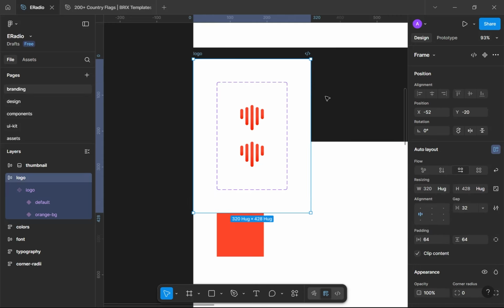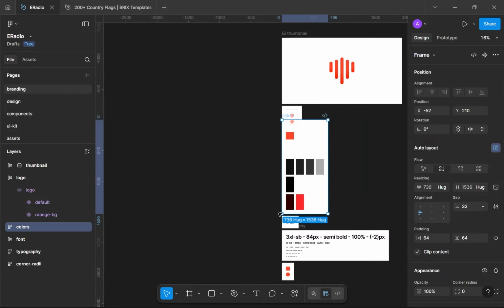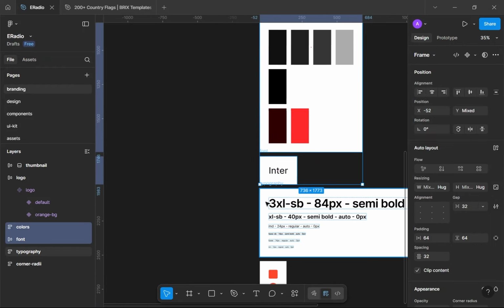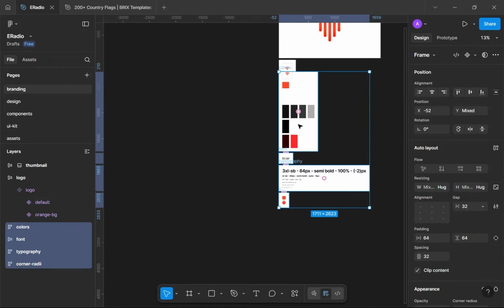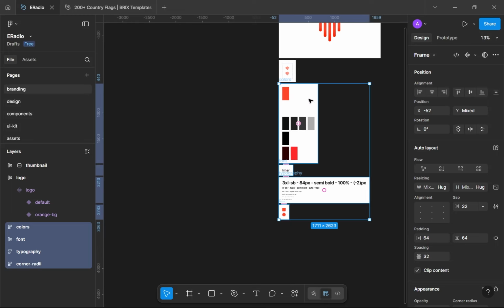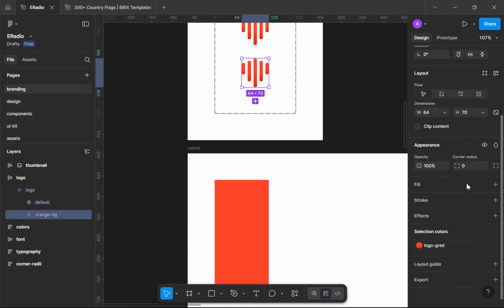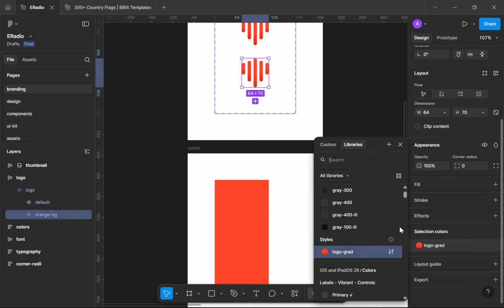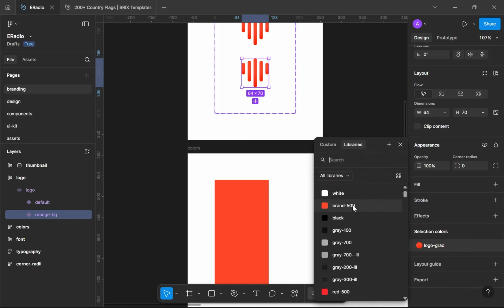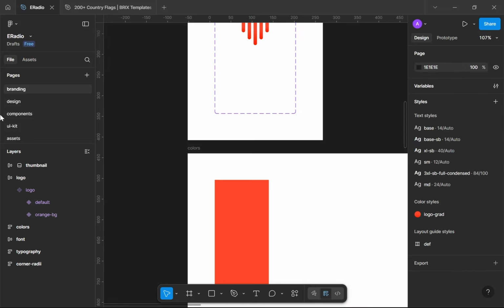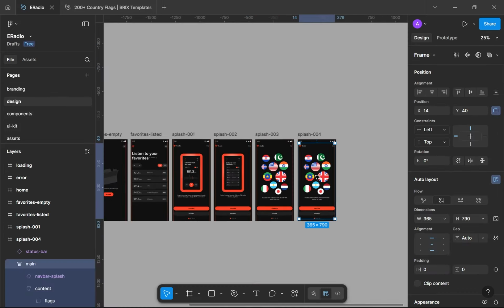Okay, so I'm just going to have to select everything now and just get them down a bit so it does not overlap. Great. So for this one, it's very simple. We're just going to have to give the color selection to be whites. Now, saying this, I do remember that we have overlooked something, which is to